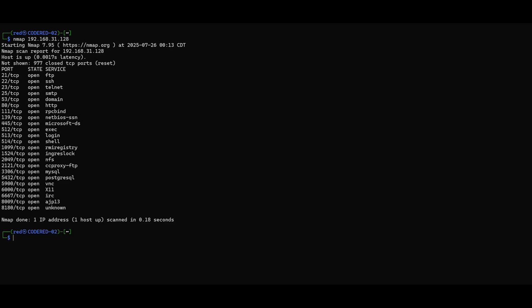Look at that. That was quick. Okay, so the initial Nmap scan is showing us all the open ports and the services that are running on the target. And if you know about networking, which is a big part of cybersecurity, I highly encourage you